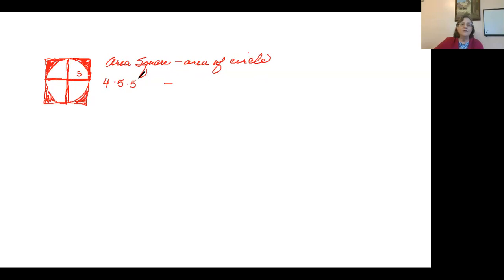The area of the circle, since this is actually the radius, is going to be pi times 5 squared. So we've got 4 times 25 is 100 minus 25 pi. And if we approximate pi at 3.14,